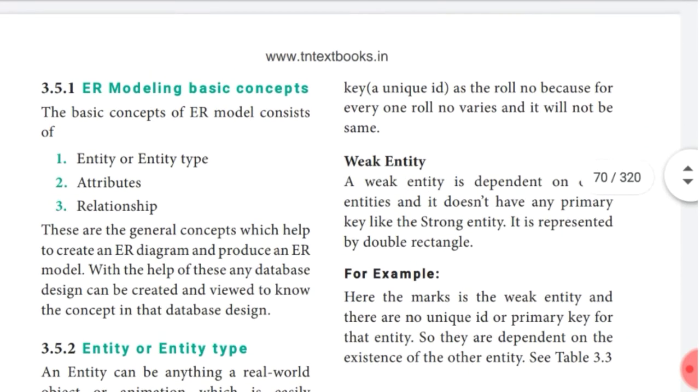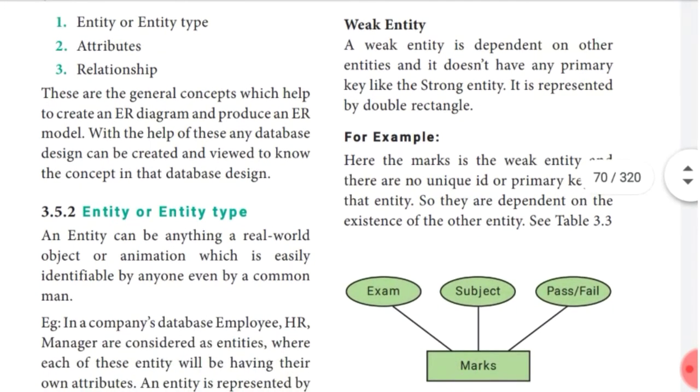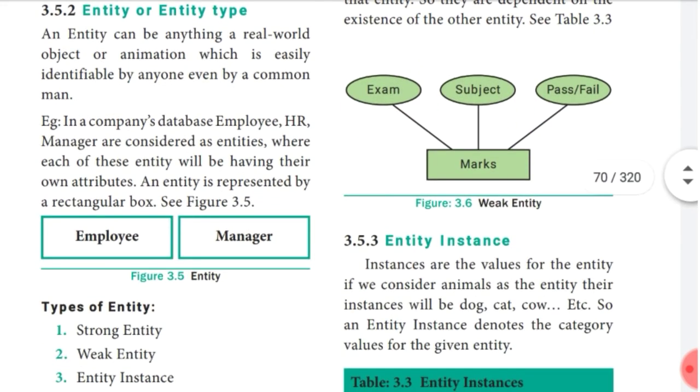The ER model has three categories: the entity or entity types, attributes, and relationships. They are the general concepts which help to create the ER diagram and produce our ER model. With the help of this, any database design can be created and viewed.